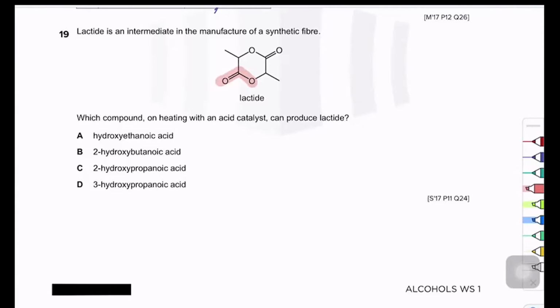Yes, very good. Judging by that, I also see some symmetry here. Those symmetric groups I can give a different color to distinguish. So these are two different groups that are joined together. Now what is happening? Which compound on heating with an acid catalyst can produce lactide? How do you create alcohols? How do you create esters? This is an ester. So what this is joined to must have been converted to